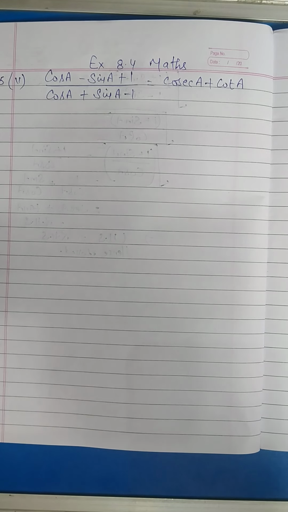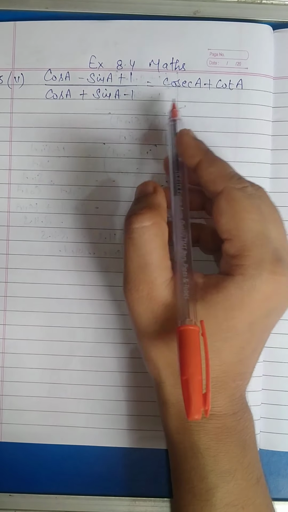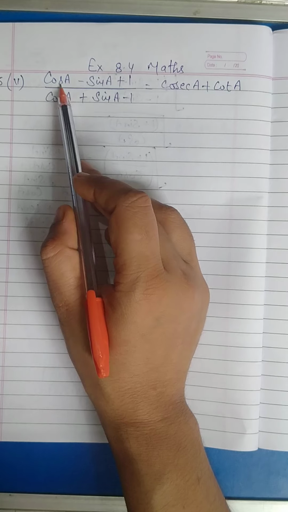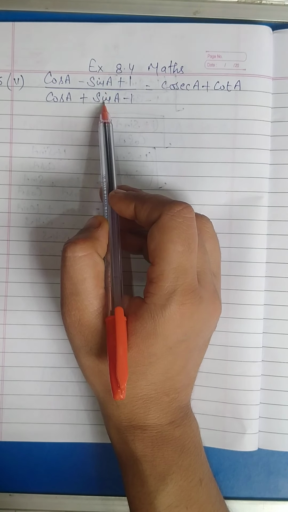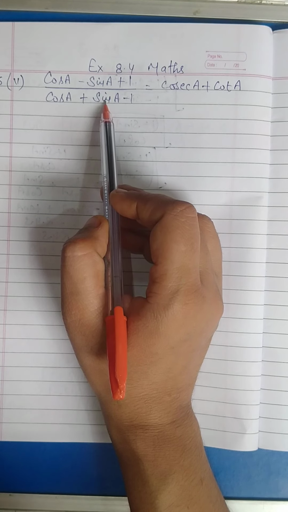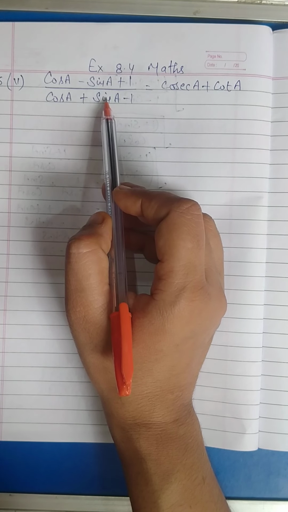Hello students, let's start the question based on the property, exercise 8.4, question number 5, fifth part. This question is most important. Now here we can check there are three terms and all the terms are same in numerator and denominator but signs are different. We can do this question by rationalization also by making a pair, but we are going to